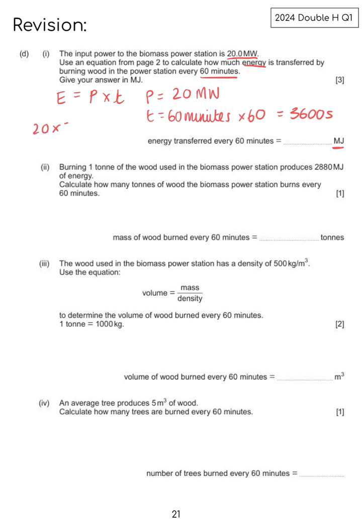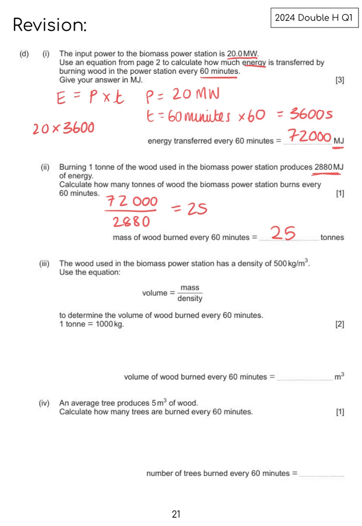We're going to do 20 times 3,600 to get our answer, and it should be 72,000 megajoules. We are now going to need that previous answer in our next question. Burning 1 tonne of wood produces 2,880 megajoules. How many tonnes to get this energy every 60 minutes? So we're going to take our answer of 72,000 and just divide by 2,880, and that will tell us how much, and it is 25 tonnes to get that amount of energy every